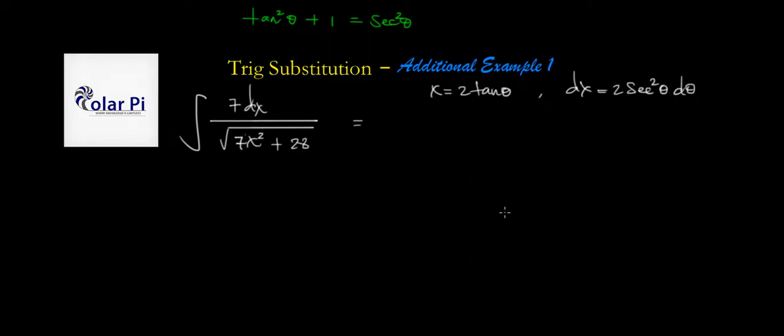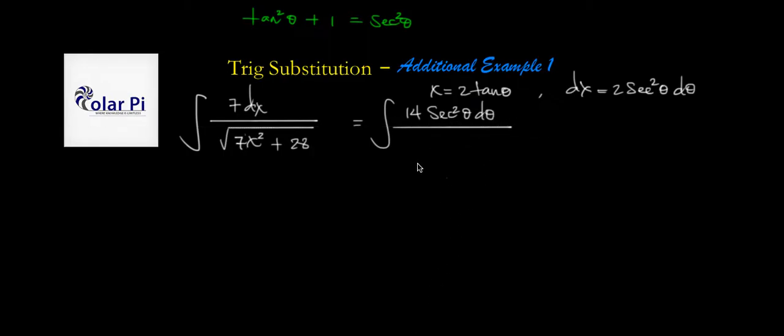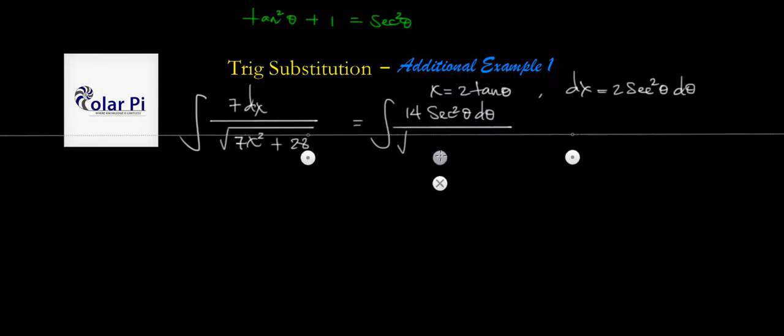Otherwise, our integral will start to look like this: it'll be 7 times dx, which I just wrote, 2 times secant squared theta d theta, and 7 times 2 is going to make 14. So instead of a 7, I'll write a 14, and then times sec squared theta d theta, divided by, and in the denominator we'll have the square root of